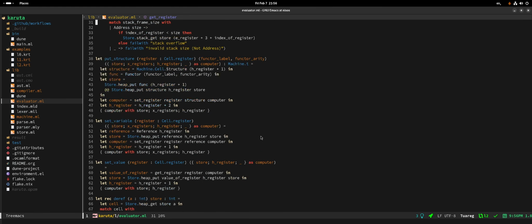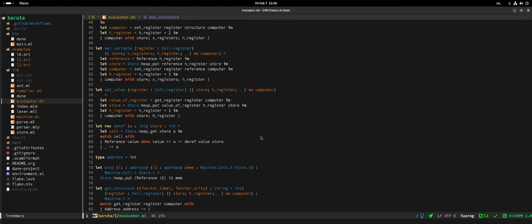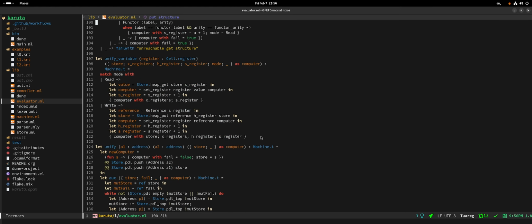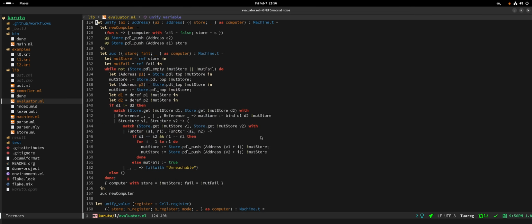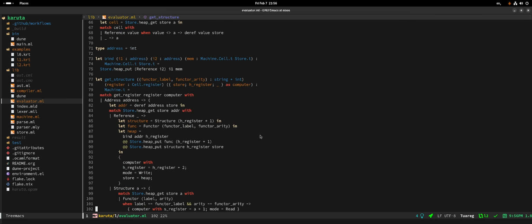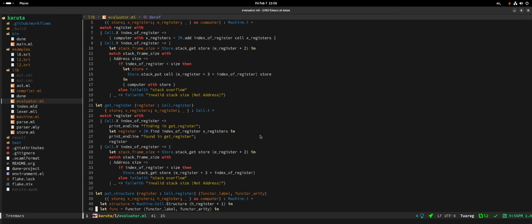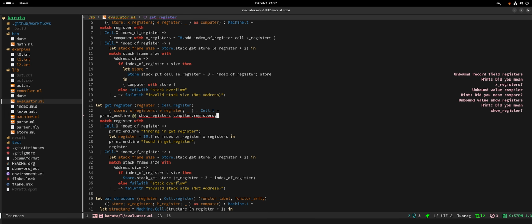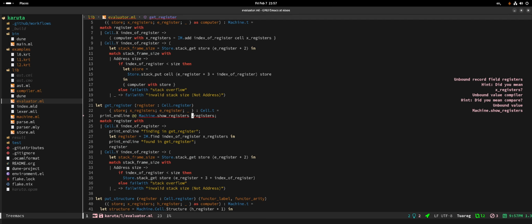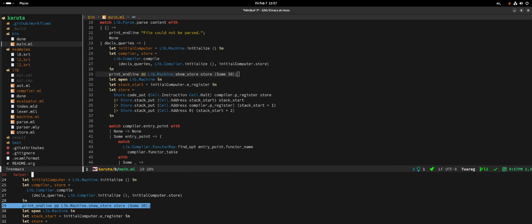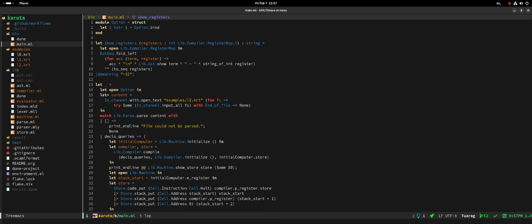Where do you want to print them? At each point, which point? Let's try to put that at the beginning of the get register instruction, that's the instruction that's blowing up, right? Yes. Okay, here they are. So it's probably going to be machine dot show registers, if I remember that function from before. Did I implement this function here? Show. Oh, here they are.